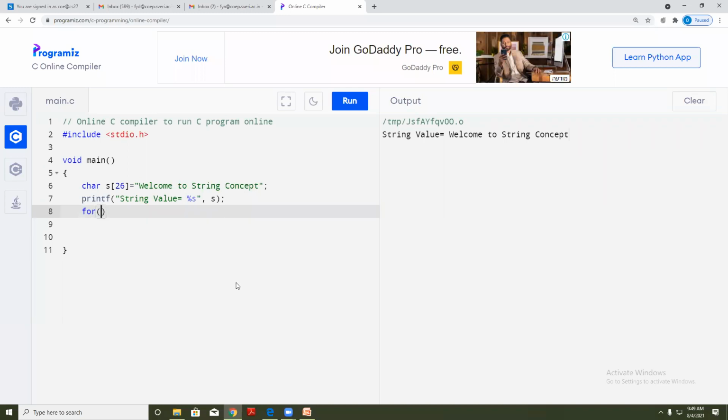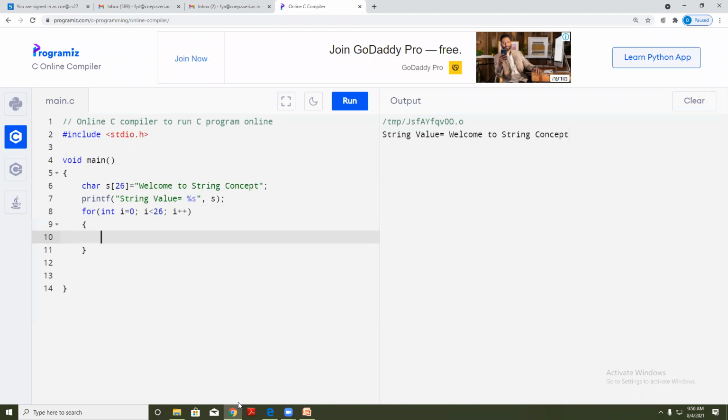Round brackets, integer i is equal to 0, i less than 26, i plus plus.